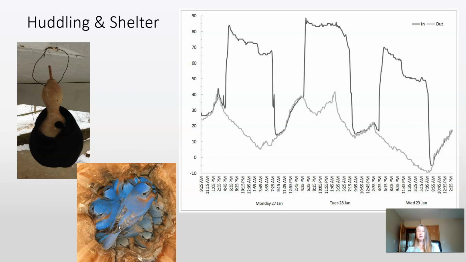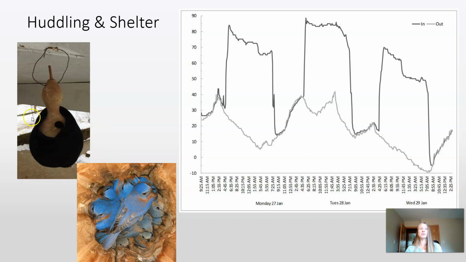Other species will also use cavities to huddle in. So a Carolina wren. Carolina wrens were once using my gourd. I had a gourd outside and I noticed all these birds were hopping into it and out of it. So in the morning I would see at least 7 birds hop out of this gourd. It was a really cold snap, so I felt bad for them.